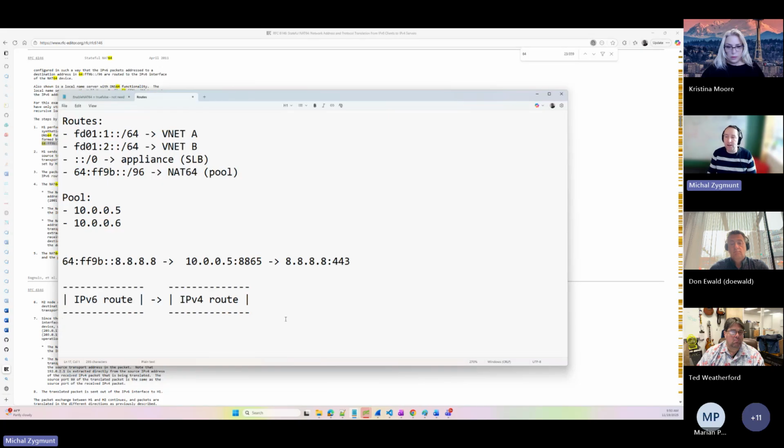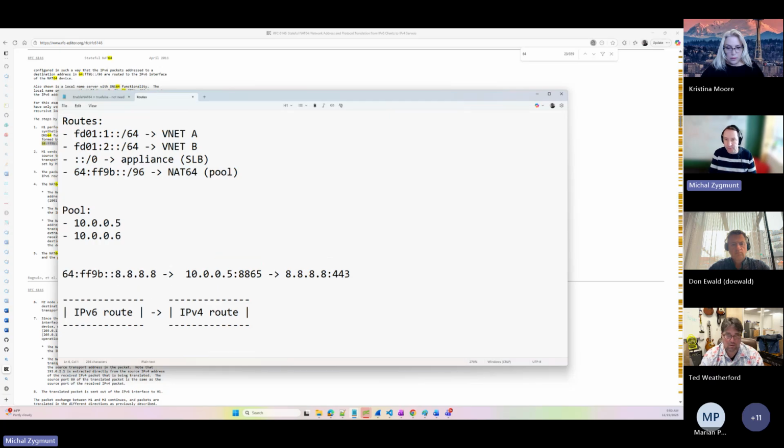There is also injection, but I think the main thing is the different action type. So we have basically VNet direct, we have appliance. To introduce action type NAT64, which refers to some pool object, we just have a list of IPs. And then this pool object needs to be somehow in the hardware to do the NATing in a stateful way. And then once it gets NATed, of course, the destination address,